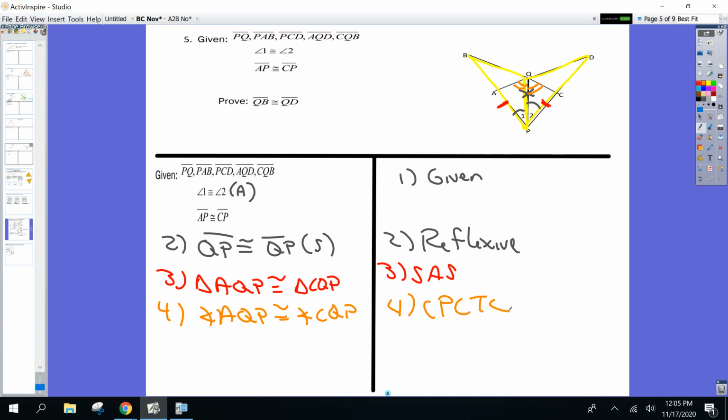One more step. What type of angles are these right here, BQA and DQC? Those are vertical, aren't they equal? And look, ready? How am I going to get a full angle right here now? Addition. That's how I got the third pair, if anybody's wondering, in that third set of triangles. Here was your third pair: angle BQP